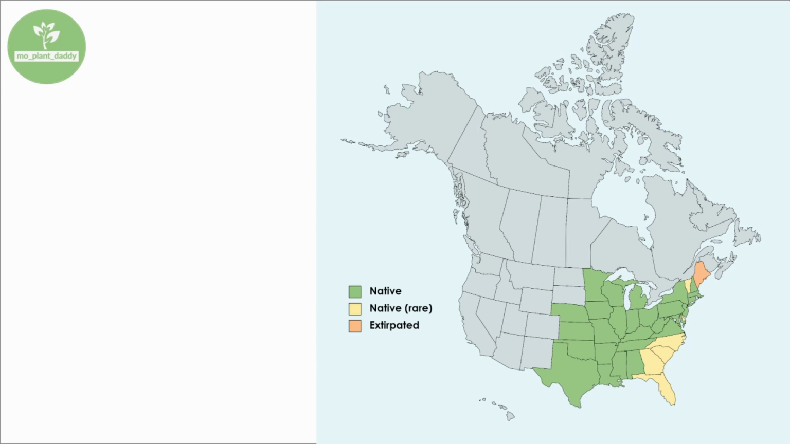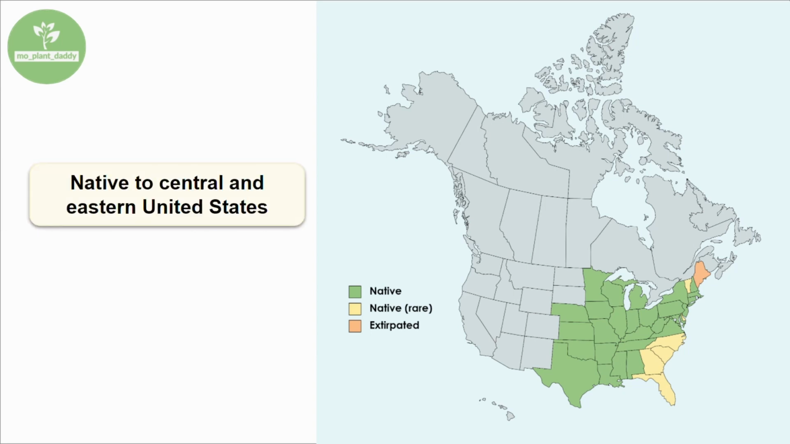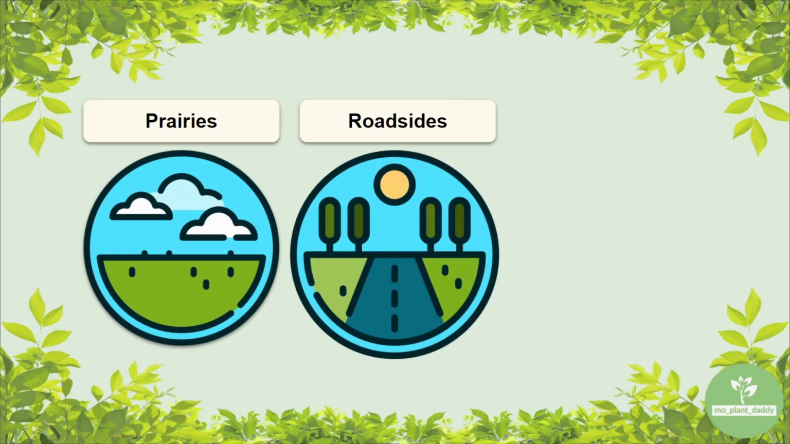Now, if we take a look at the distribution map, we'll see that Elmleaf goldenrod is native to the central and eastern United States, although it is rare in a few of the eastern states. If you're looking to add Elmleaf goldenrod to your landscape, then hardiness zones 3 through 8 are ideal for growing it. Elmleaf goldenrods can be found in a variety of dry open habitats, such as prairies, roadsides, and